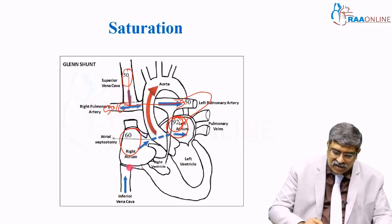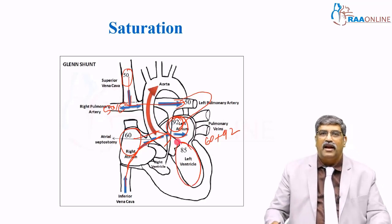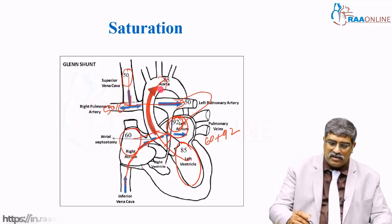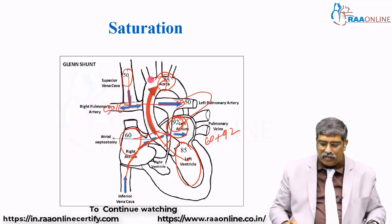Then, due to admixture with the venous blood, which is IVC blood, which is 60%, this 60 plus 92 will be somewhere around 85% in the left ventricle, and this 85% goes into the systemic circulation as 85%. This is the saturation that usually happens in the postoperative period following